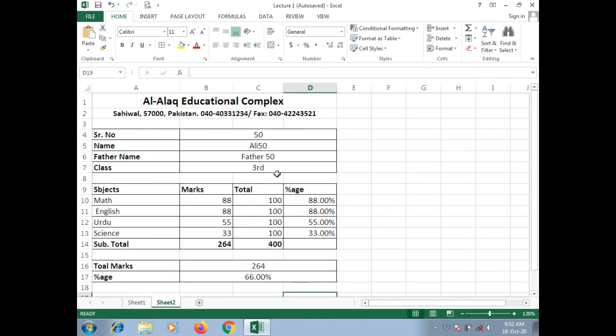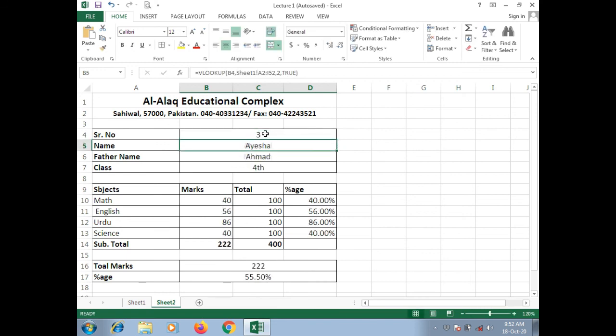Now we will enter roll number 1, so it will automatically change all the entries. Look into this. Ali Hassan studies in class 2nd, his math marks are 96, then 97, 80, 86, and total marks are 369 out of 400, and then percentage is 92%. Let's try to know roll number 2. Roll number 2 got 75%.